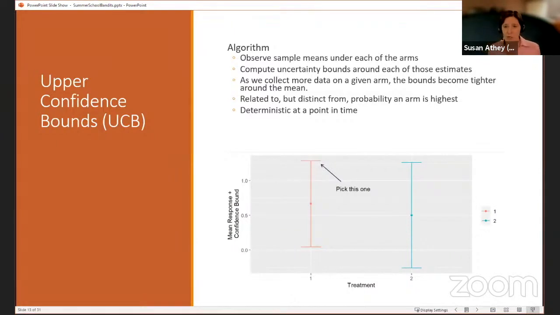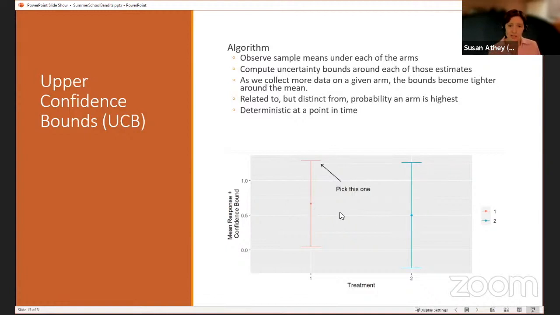Now, it turns out as an econometrician, I really don't like this one because it has deterministic allocations. And the fact that things are deterministic can make a lot of math very messy. But for other types of math, these things actually can be easier to analyze. So the upper confidence bound has a similar idea in the sense that it's factoring in both the means and the variances of arms. But in the case of upper confidence bounds, you deterministically pick the arm where the upper end of a confidence interval around its mean is the highest.